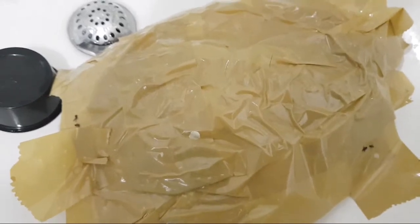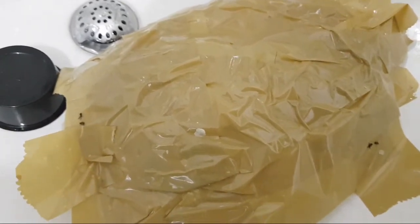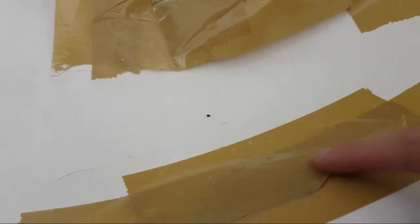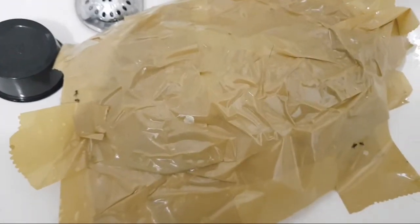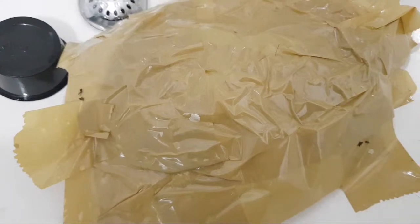And this could be a solution. So if you guys are battling Noseeums, I highly recommend putting packing tape over your drains. If you have a drainage hole right here, make sure you tape it up. Any hole you want to tape it up, see if any bugs come out. And if you see any of these Noseeums coming from your shower drains, your sinks, you've got to take care